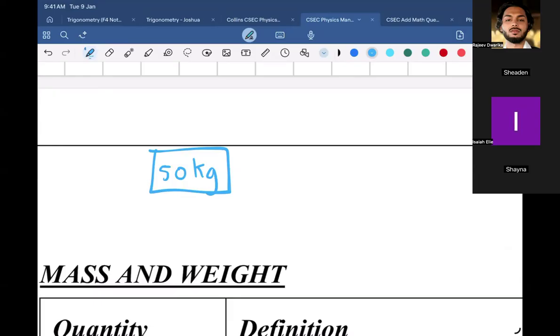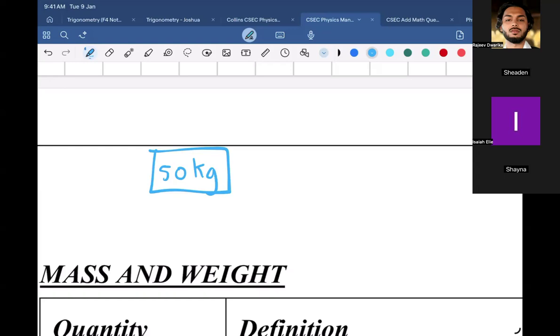Yes. So Shayna, Isaiah, if all you see is kilograms, please don't make that mistake. We know that weight is a force. From me saying, oh gosh, that's really weighing me down. Weighing down, weight is a force, measured in newtons. Kg is mass.